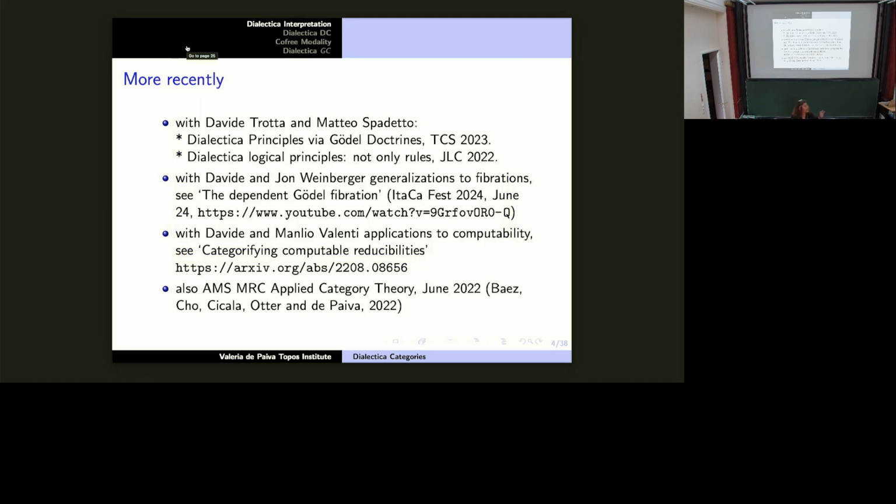No disasters yet. So as I was saying, we have applications in computability, and this is a new paper that is, okay, not so new on the arXiv, but it's about to appear in Logical Methods in Computer Science. And as I mentioned last week, when Mirna Dzamonja was here, we also did some work on set theory using these kinds of structures. And even more recently, it doesn't look like that because it's from June 22, that we had this AMS MRC applied category theory,